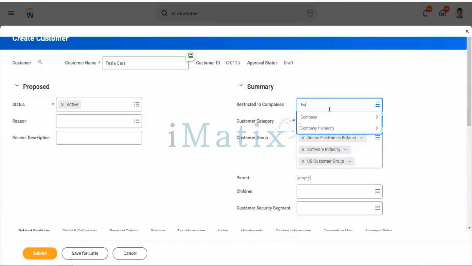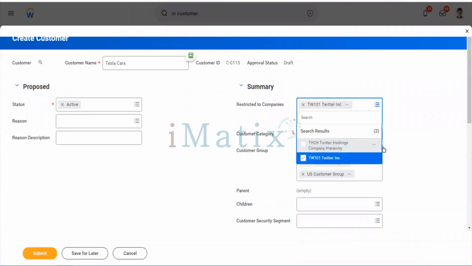Suppose I put Twitter here, this is the company for which it can be used. If you want to do a transaction for GMS USC using this customer, it won't be available. I'll give you a demo also.